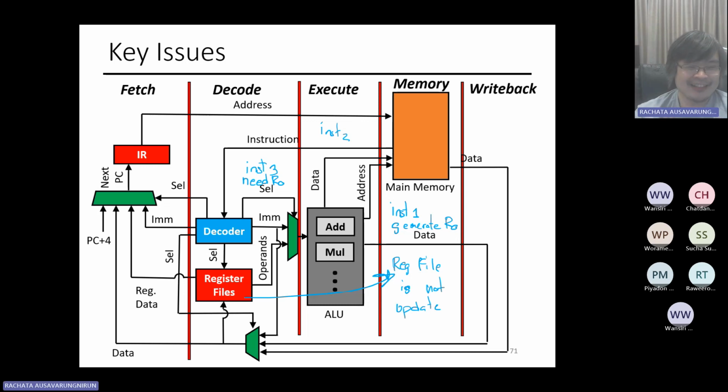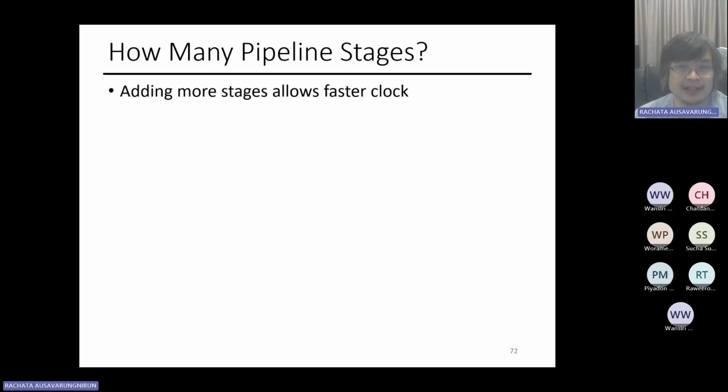Basically from this scenario, I cannot move instruction 3 until I update my register file, which can slow down my processor. Another thing that you have to design around is how many pipeline stages